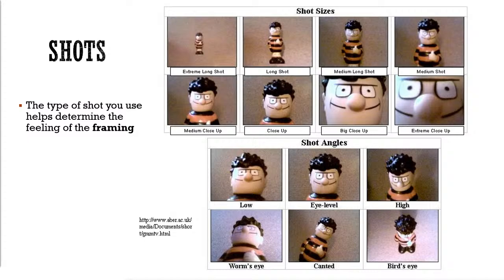So a low shot might be a character is nervous, and you want to focus on that by having this out-of-kilter shot. Same thing with canted: oh man, I just found out something bad happened. How does that shot work to rock that character's world? Eye level does a very particular type of thing that's more normal, conversational.